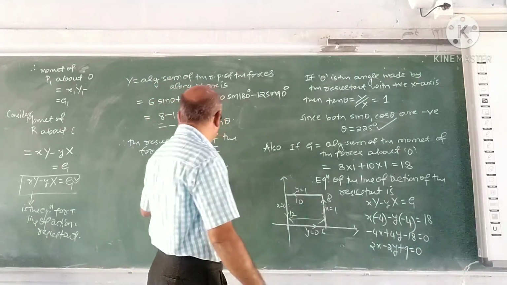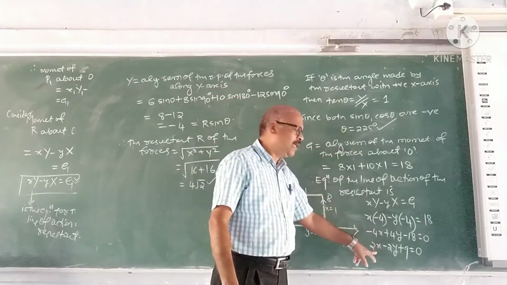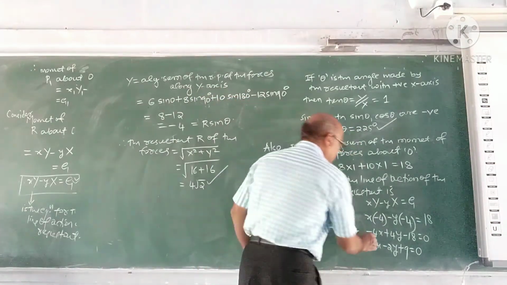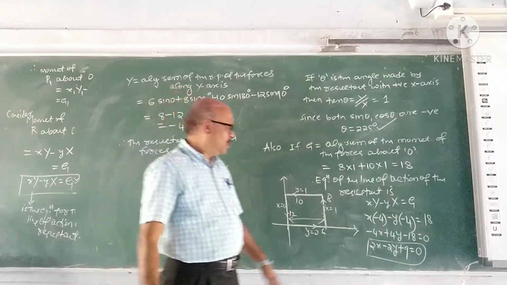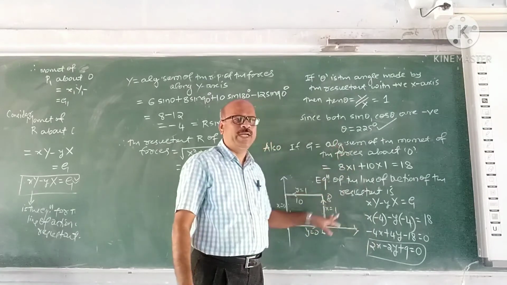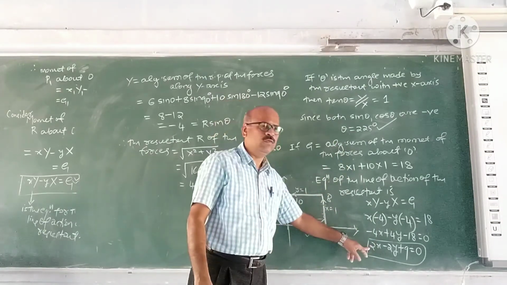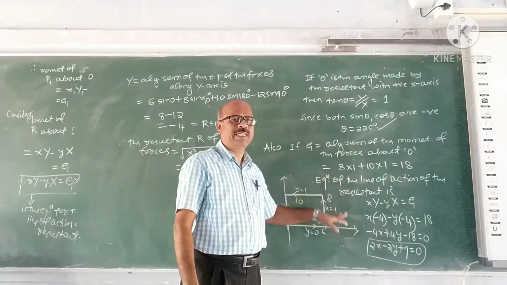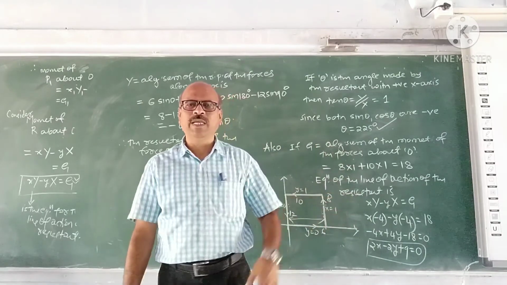So we have obtained magnitude, direction and equation. What is the advantage of finding the equation of the resultant? You can draw the resultant, from which you can find out the point through which the resultant acts. You can find out where the resultant intersects x axis or y axis. From that you can find out the resultant completely.